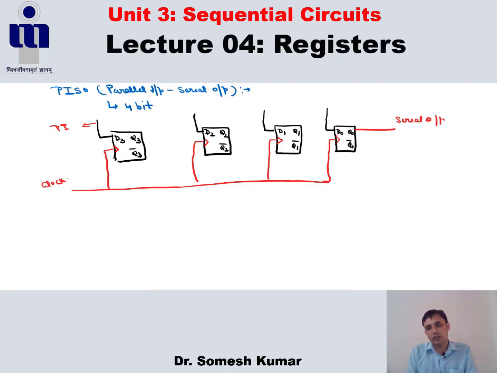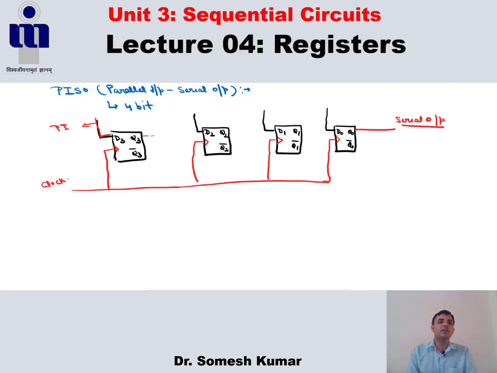How is it possible? Because here the input is given in parallel, but these inputs are propagated to the outputs. But how? Because at that clock pulse the input is already given in parallel here. If we directly connect this Q3 here, then this Q3 to G2 becomes Q3, and what is the purpose of the inputs here?